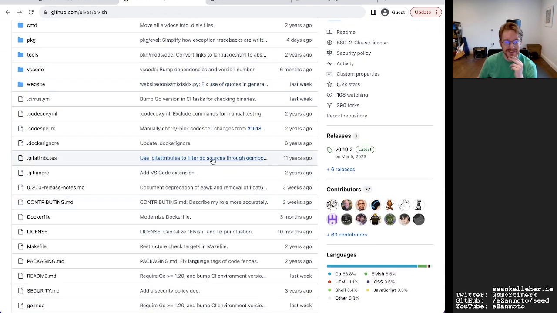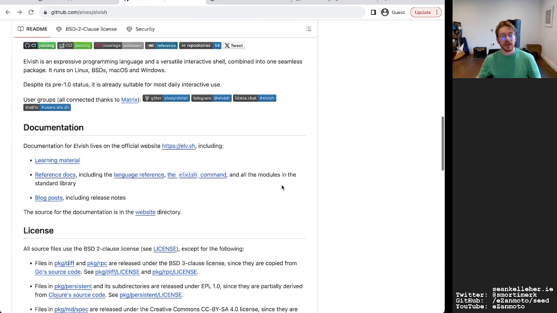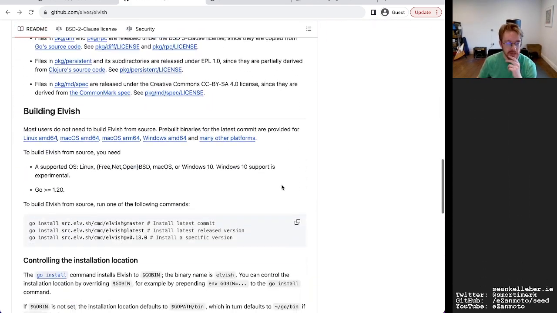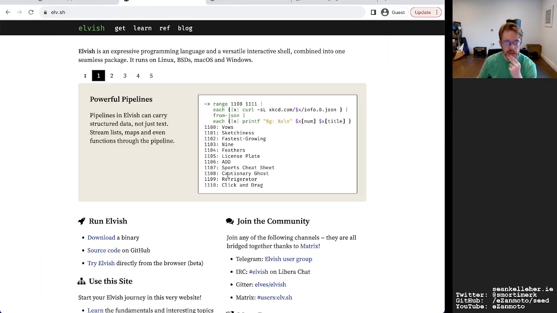So we at least have the Git attributes from 11 years ago. So again, a very well established language here. And yeah, this is what I remember as well. So powerful pipelines, and it had a lot of standard library stuff from what I remember.